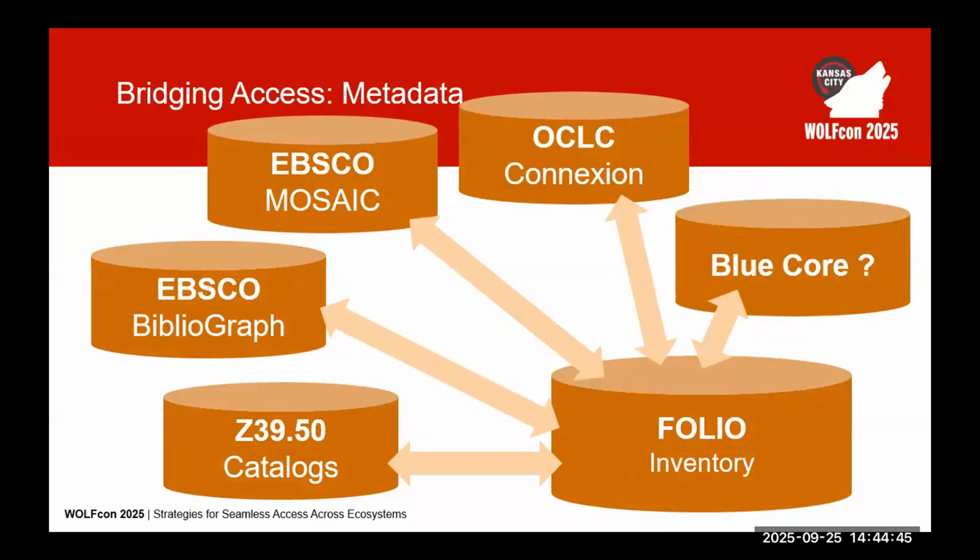So we've also been looking at how we improve access to metadata and integration of metadata. So we've launched a product called Bibliograph, which is our linked data graph. And you probably heard, again, going back to Gloria and Alvaro's sessions yesterday, they talked a lot about the work that we're doing around linked data and building graph networks and being able to share metadata. So EBSCO's Mosaic, originally Gobi, so we all know it as Gobi.